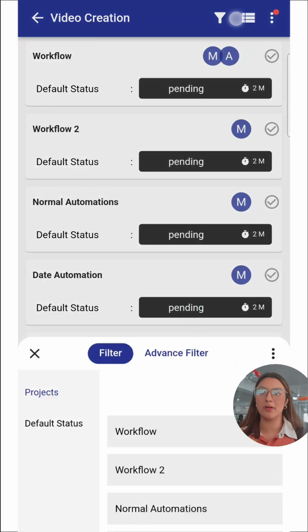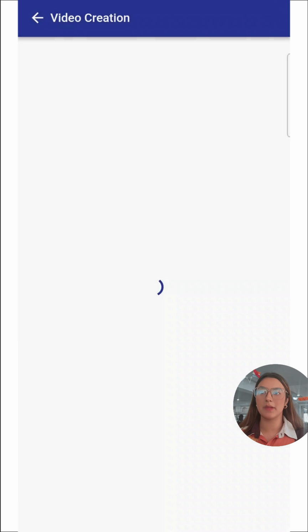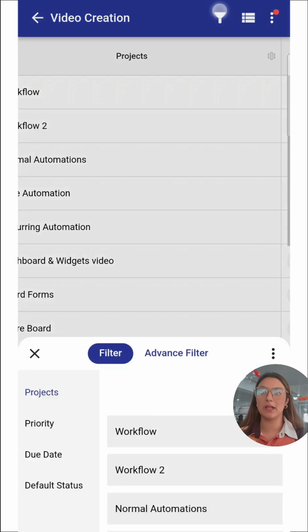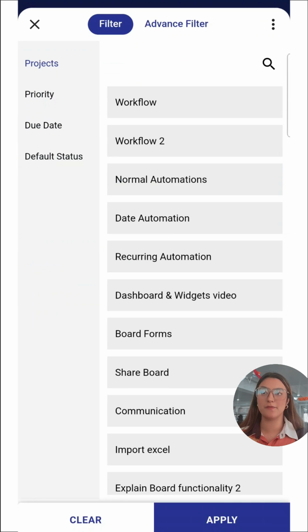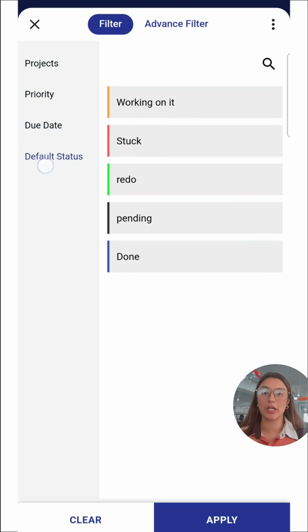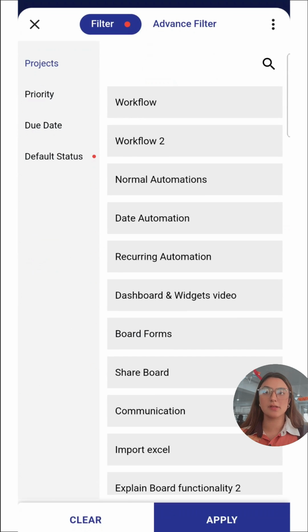So when I open a board and then go on the funnel on the top, you can click on the funnel, and it is better to work with table form, so I'll be switching to table form for now. And then when I click on the funnel option on the top, you can see there is this filter written, advanced filter, and we have different columns over here which we can put filters to. And you can go to the advanced filter also and put how many ever filters you want. You can customize the filters or you can just go to any of the columns and put your filter like this. Like how I have applied this filter of default status of working on it.